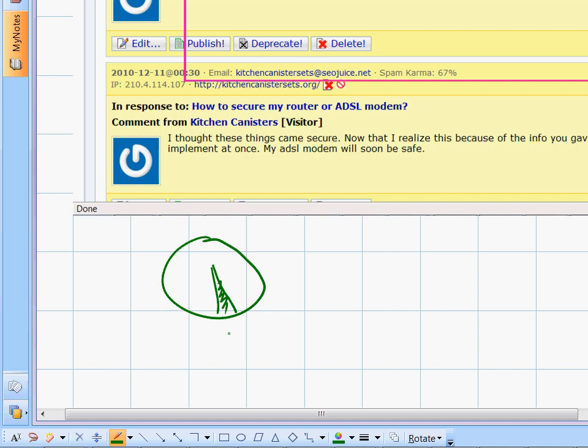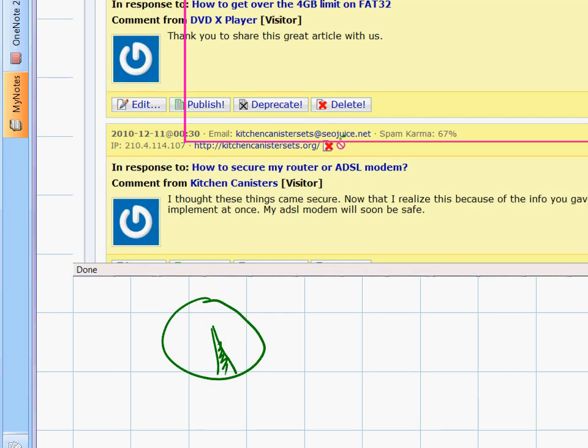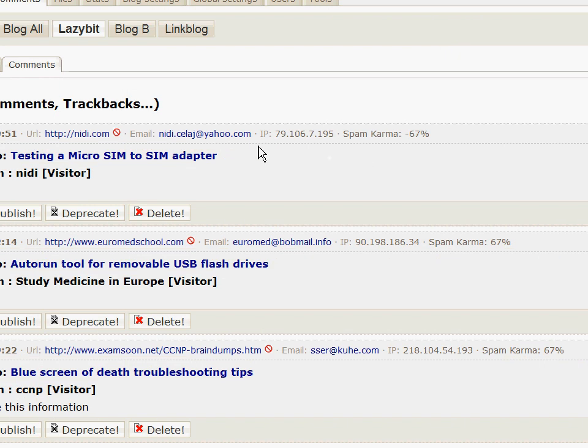And finally, there is another bit. If you wish to ban the comments, that is, you do this rather than this, you will have to indicate a few more settings. Let me show you what I mean. When you press ban,